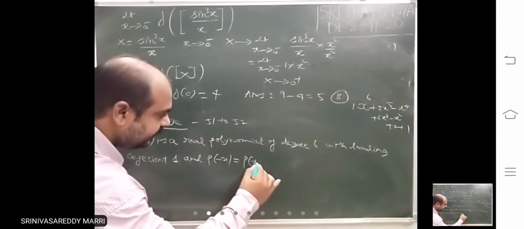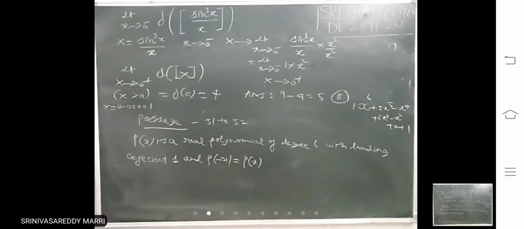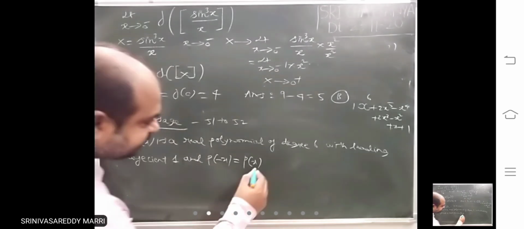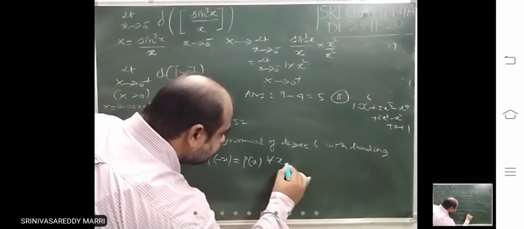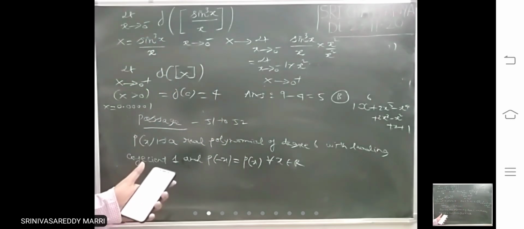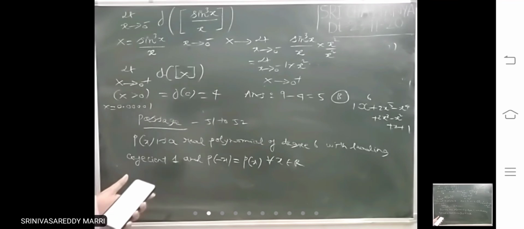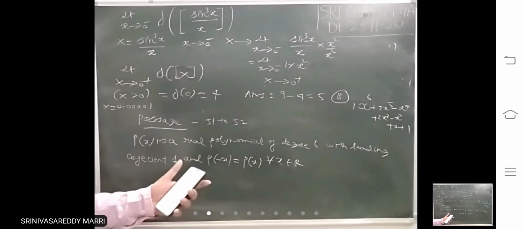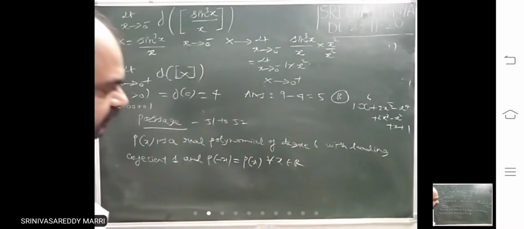P of minus x equal to P of x for all x belongs to R. It is satisfying like this. That means it is an even function. I have discussed even function and odd function in functions. So this is an even function. And also given that